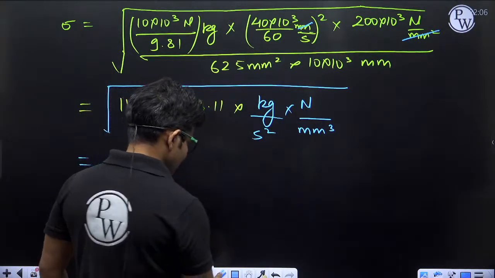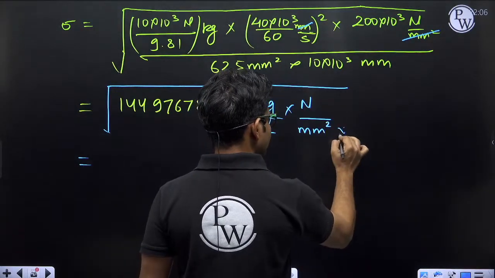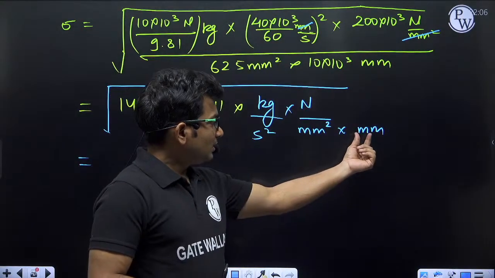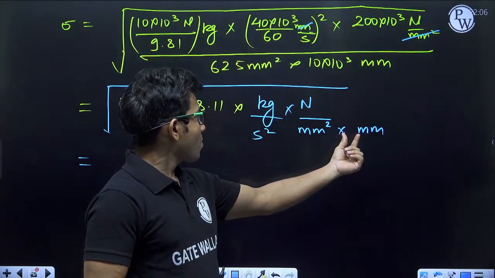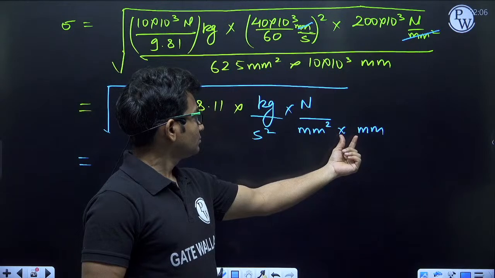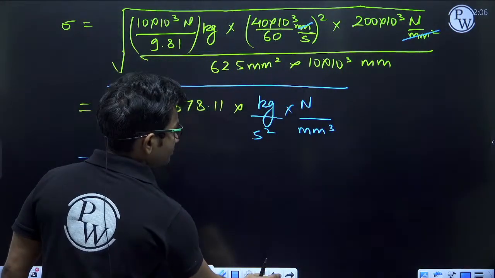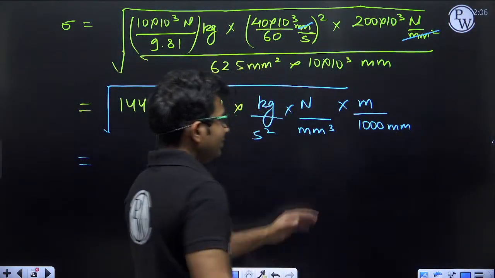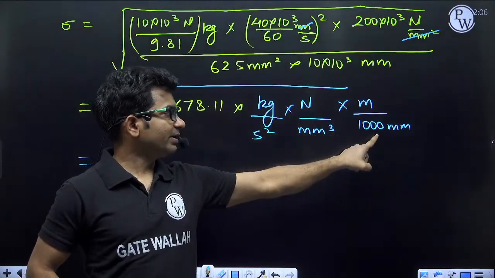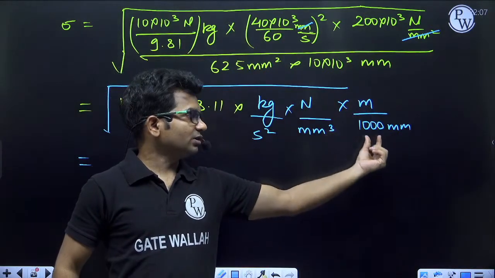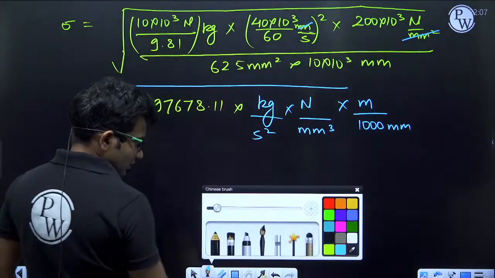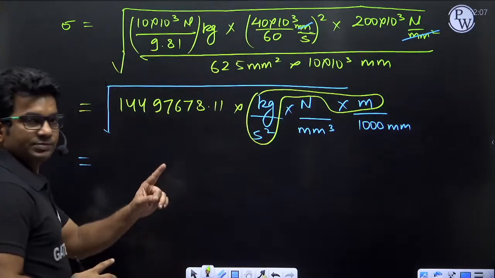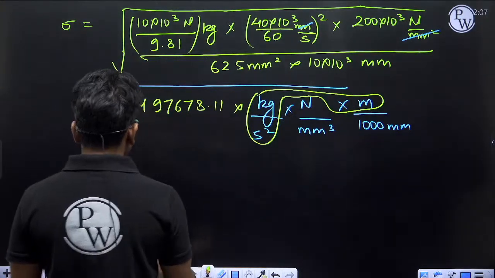Now if we take 1 mm here, put mm square into mm. Let us multiply by 1 meter and divide by 1000 mm. If I multiply 1 meter in the numerator and divide by 1000 mm, does it make any difference? 1 meter and 1000 mm are both the same thing. Now kg meter per second square has become 1 Newton. So I'll be getting